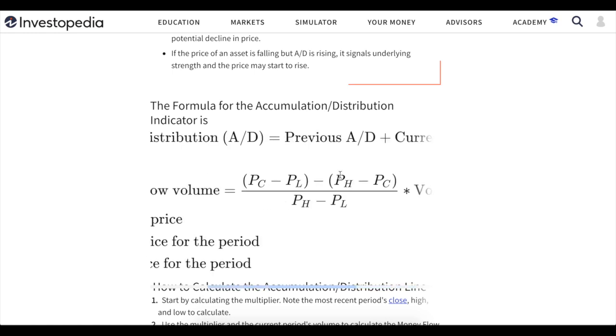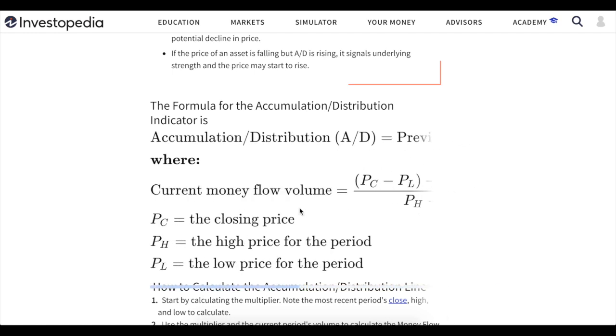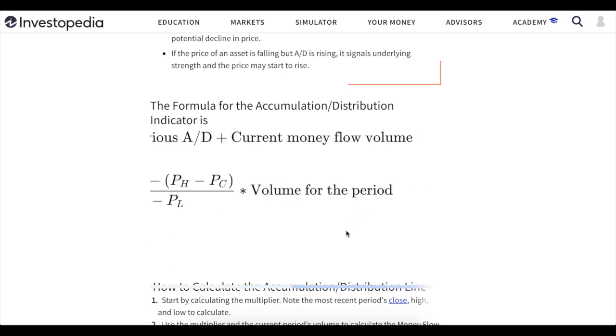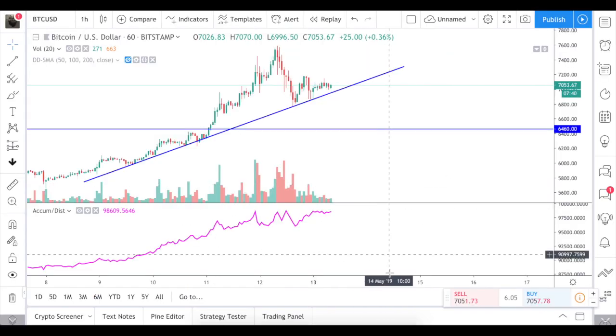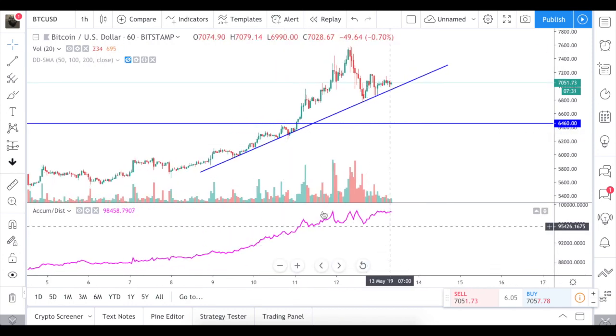Basically it is the previous value plus the new value at a certain point in time, and this value is calculated by this ratio. In the numerator we have two deltas. First is the closing price minus the price at the low, and then the highest price minus the closing price. In the denominator we have the delta between the high and low of the price. This is multiplied by the volume for this period. So the higher the volume, the more the trend is supported by this volume,